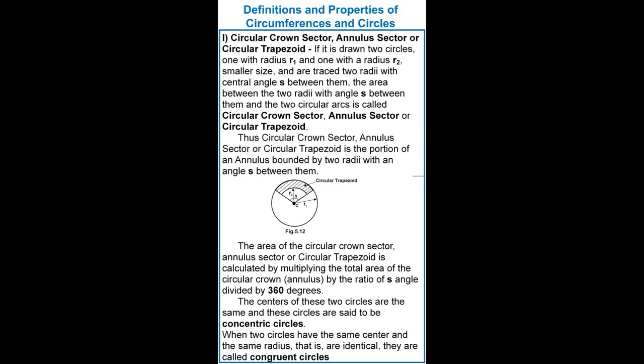This last slide of this first class of Chapter 5 of the course of Basic Geometry presents the definition of circular crown sector or circular trapezoid. If 2 circles are drawn, one with radius R1 and one with radius R2 of smaller size, and 2 radii are traced with a central angle S, then the area between the 2 radii with angle S and also between the 2 circular arcs formed is called circular crown sector, annulus sector, or circular trapezoid. The figure 5.12